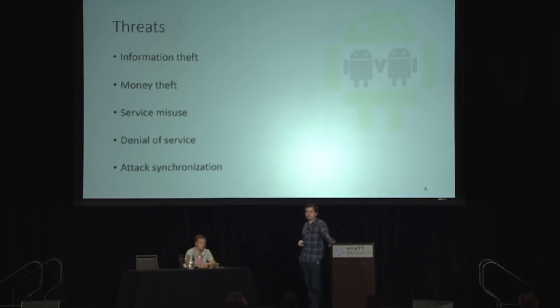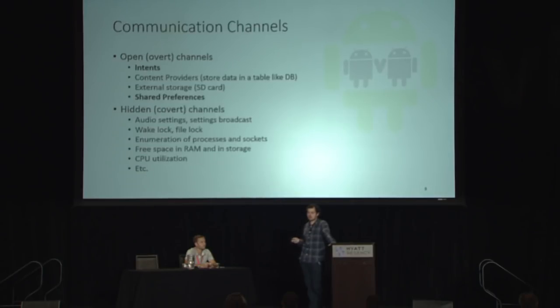So we know that some applications could be communicating to execute some threats, but how can they communicate? Well, there are many different communication channels on Android. The main problem of the communication channels between applications on Android is that some of them do not need to ask for any kind of permission. So if we want to use intents, two apps can communicate through intents without the user knowing. We could also use content providers for communication in Android.